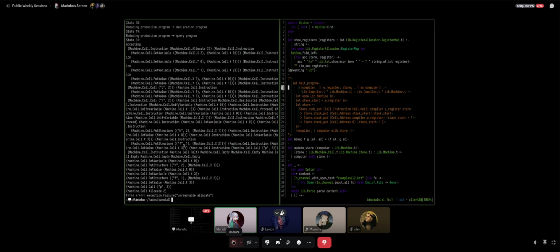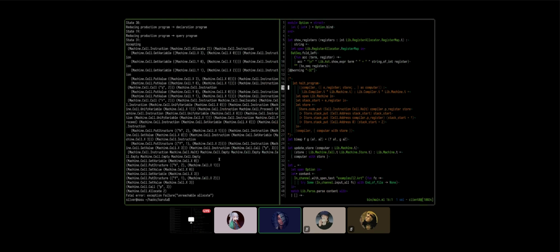Unreachable allocate. Damn. Okay, so if you remove the safety measure, we actually reach an unreachable. Oh, this is messed up. That's actually doing something more than just adding the thing. It's actually also...